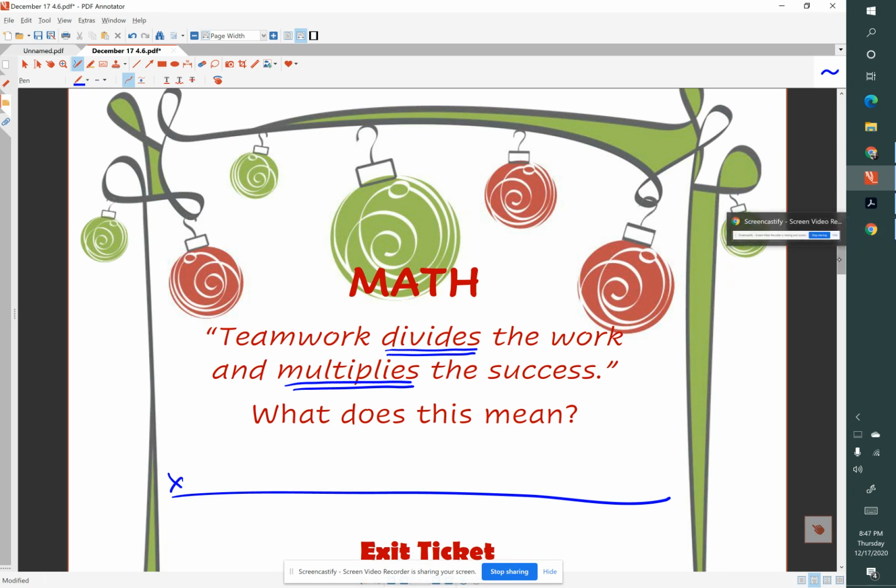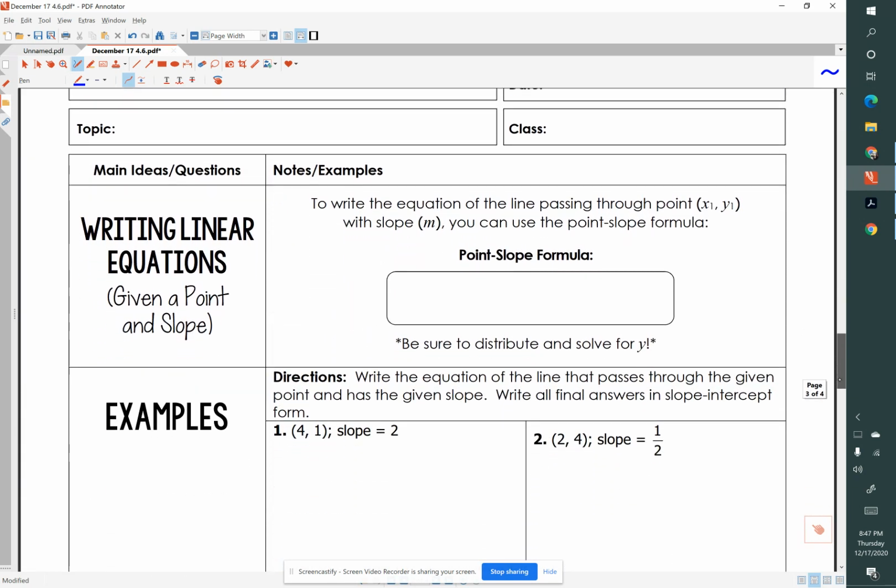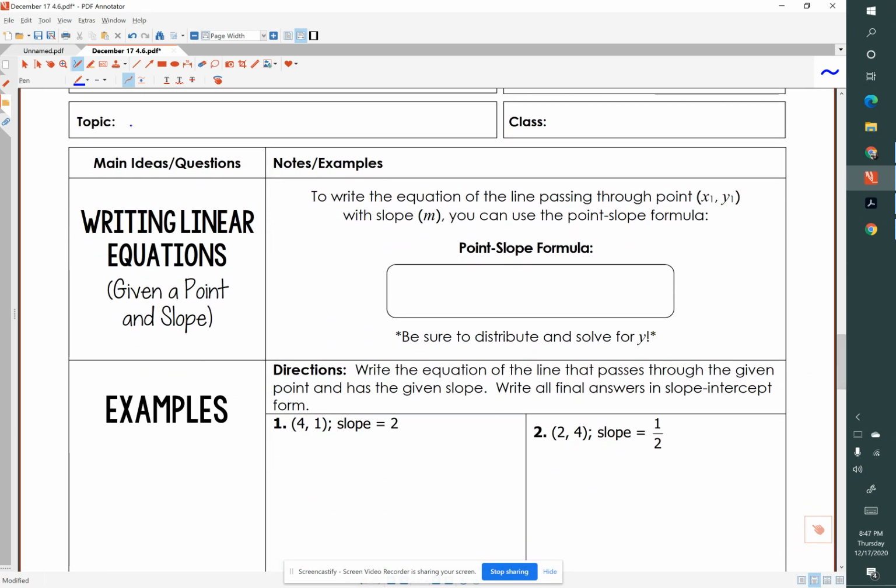So here's our exit ticket. We will get back to that, but let's go on to our lesson, which today is writing linear equations given a point and a slope. Remember, our slope is m,